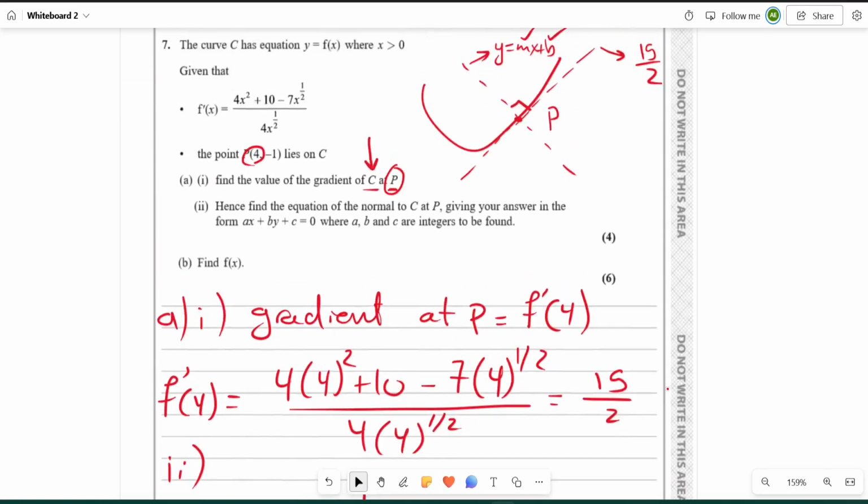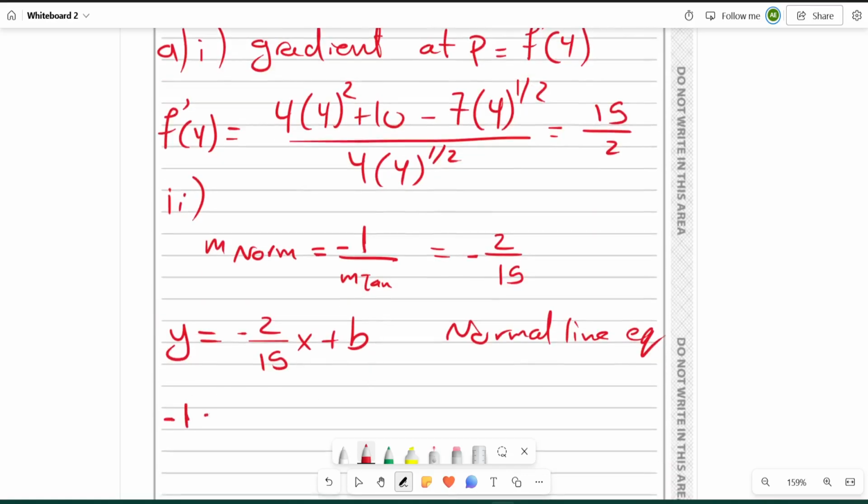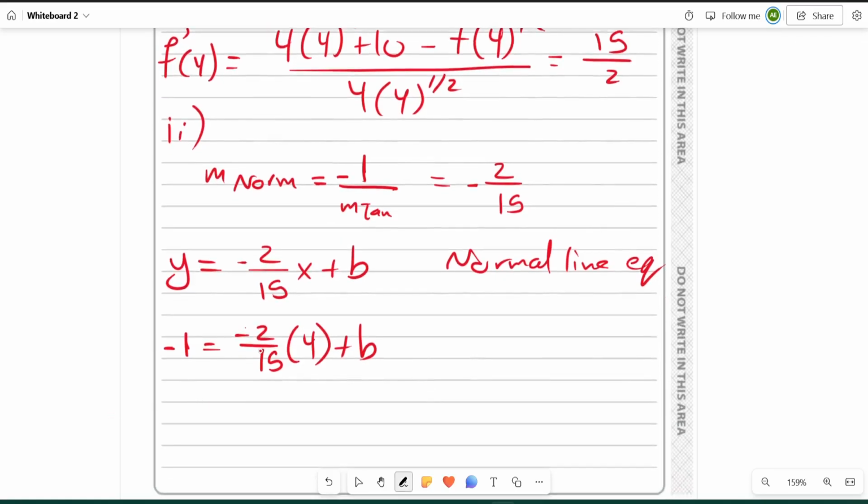So how do I find b? I can use the point P, because it lies both on the tangent and on the normal. So I can use it to find b. I can substitute x with 4, y with minus 1 to find b. So minus 1 equals negative 2 over 15 times x, which is 4, plus b. So now negative 2 times 4 is negative 8, so negative 1 equals negative 8 over 15 plus b. Move this to the other side, b becomes minus 1 plus 8 over 15. So b is equal to